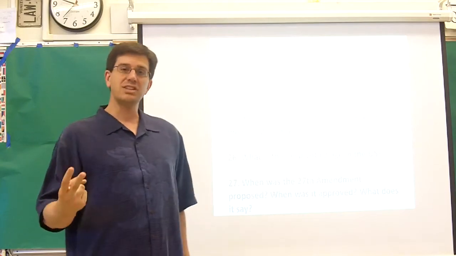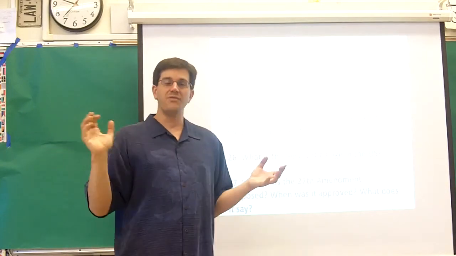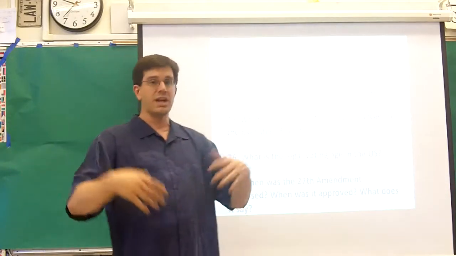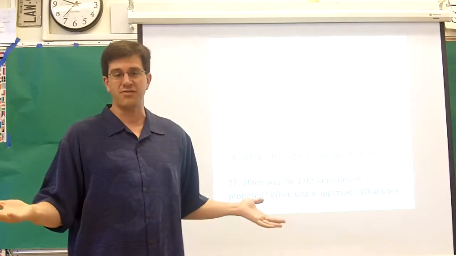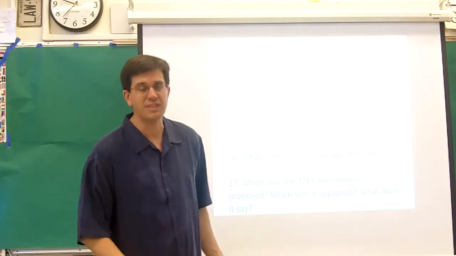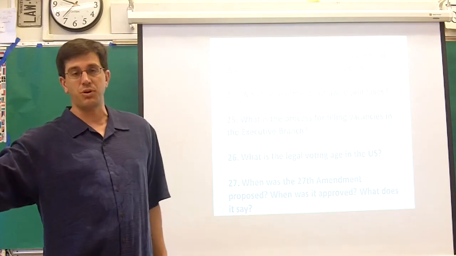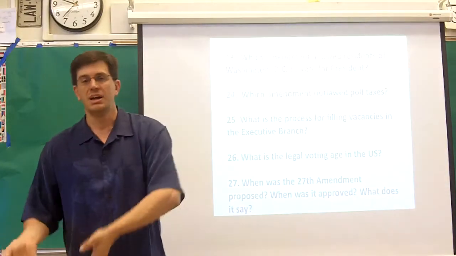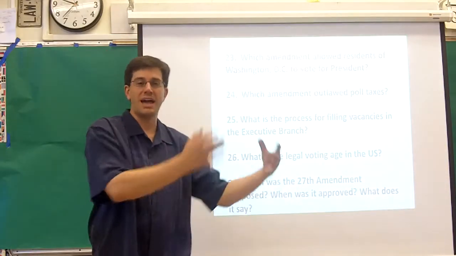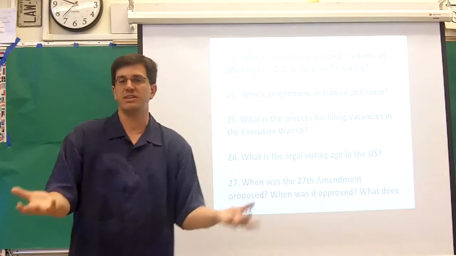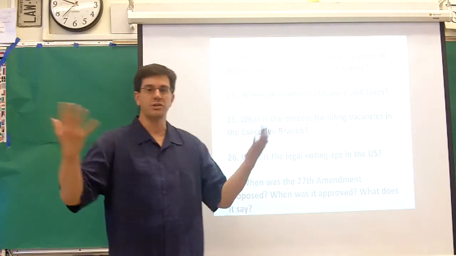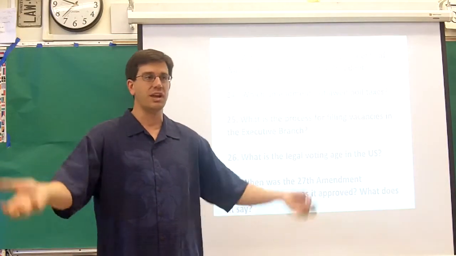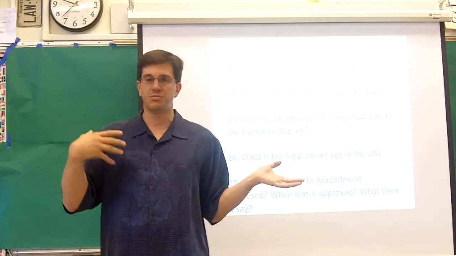The next thing it said was, in Part 3, if a president is temporarily unable to perform his duties, say he's going in for surgery, he's sick, he falls into a coma, something to that effect, well, if he knows about it in advance, he can write a letter to the President pro tempore of the Senate and the Speaker of the House saying, I'm unable to fulfill my duties, I'm making the VP the acting president, so essentially declaring the vice president the temporary president. When the president returns, he sends the same letter, or she sends the same letter, to both sides of Congress saying, I'm back, fulfilling my duties as president.